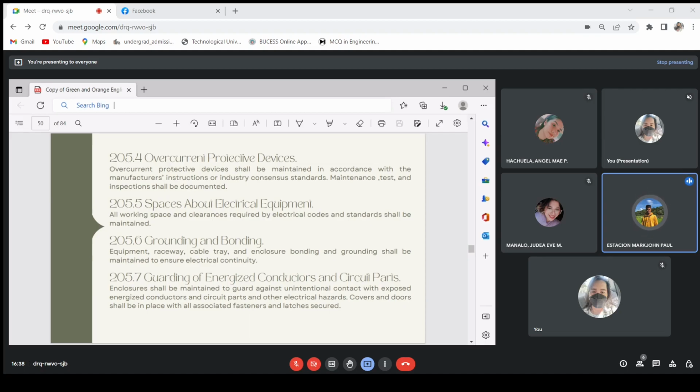205.5 Spaces about electrical equipment. All working space and clearance required by electrical codes and standards shall be maintained. Dito naman yung working space about electrical equipment is sufficient access and working space shall be provided and maintained about all electrical equipment to permit